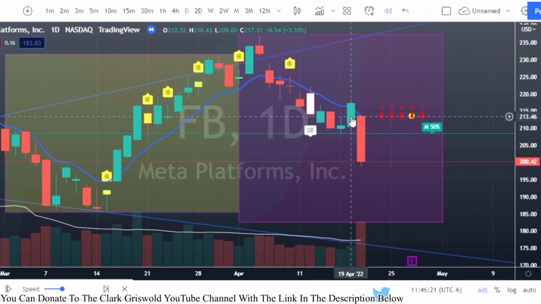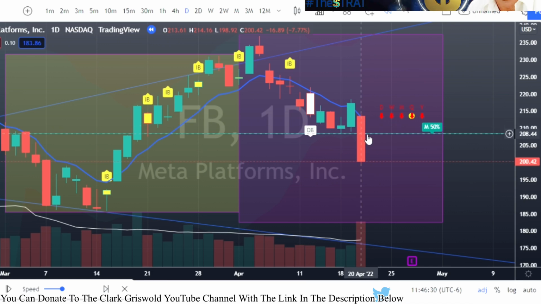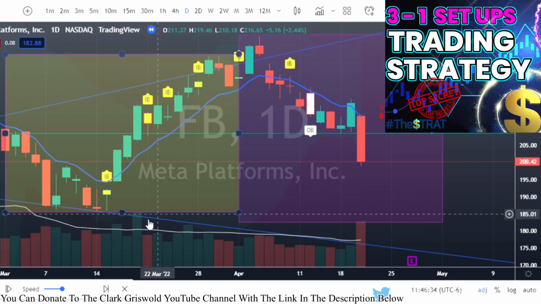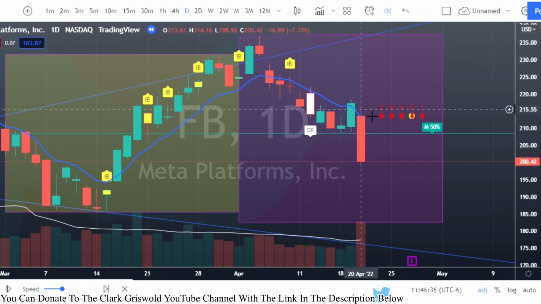And again, you could have played this as a 2 up on this day. Okay, and you would have made some money. But now our new actionable signal, we're looking for a reversal to get in to this 50% play, okay? And sure enough, that happens. We have a 2 up, and then we have a 2 down. So on April 20th, this would have been our indicator to get in. So I'm gonna zoom in here.